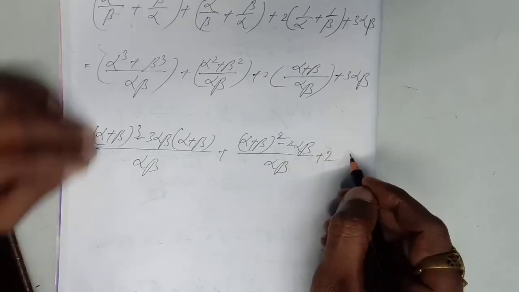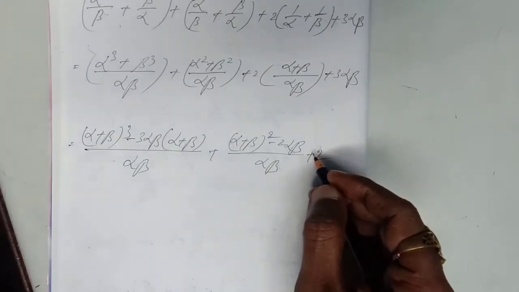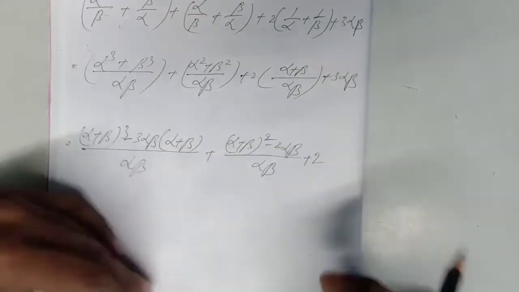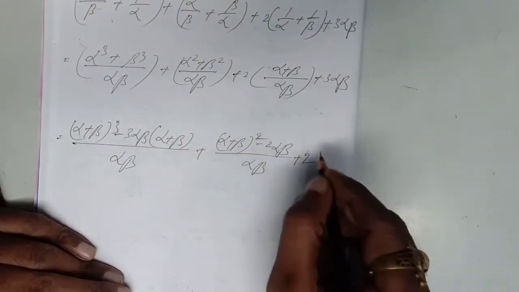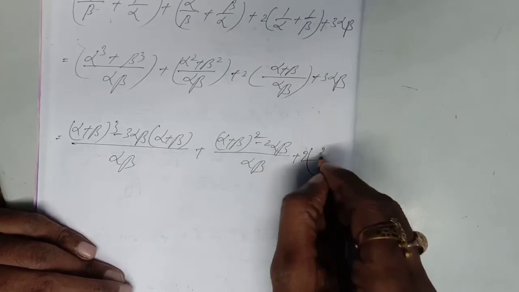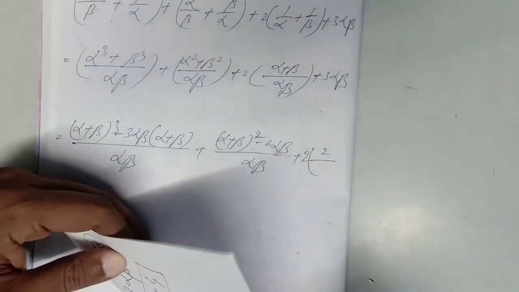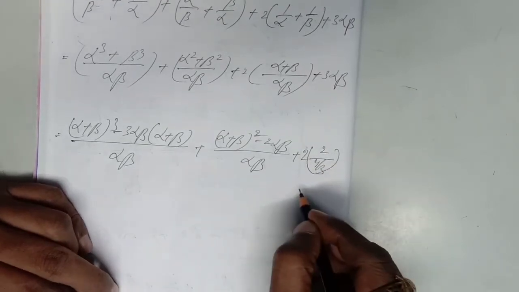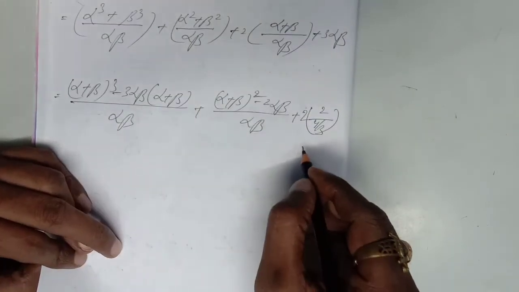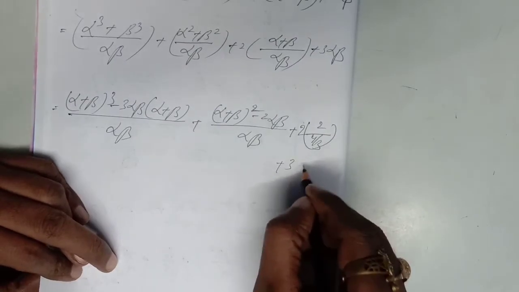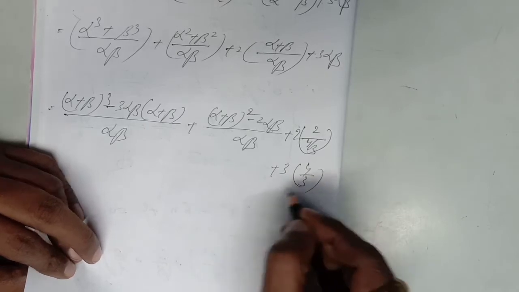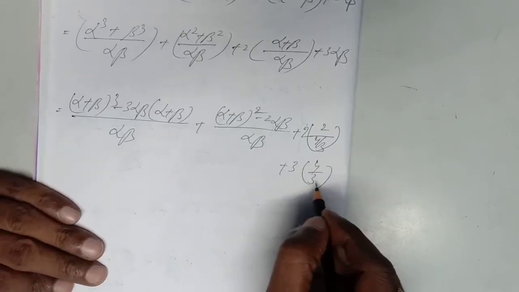2 alpha plus beta, how much did you get? Alpha plus beta you got 2. That means alpha plus beta is 2. This will be 2 by, and alpha into beta you got 4 by 3. I am putting the value here, 4 by 3. And last it is given plus 3 alpha into beta, that is 4 by 3. Let us see, 3 will be cancelled out.